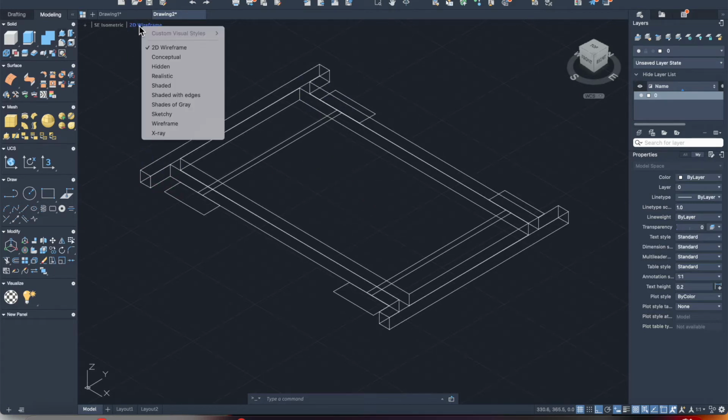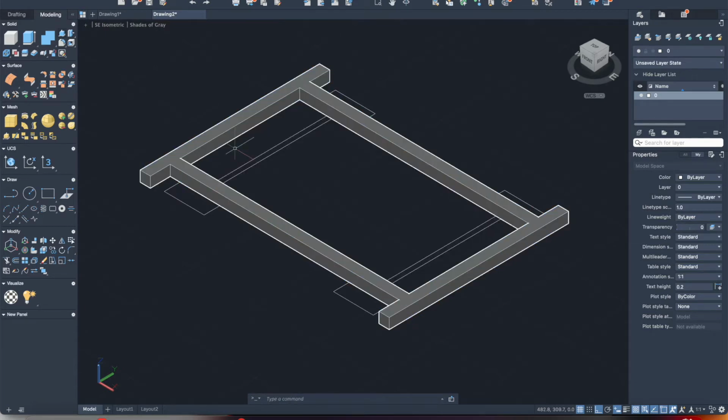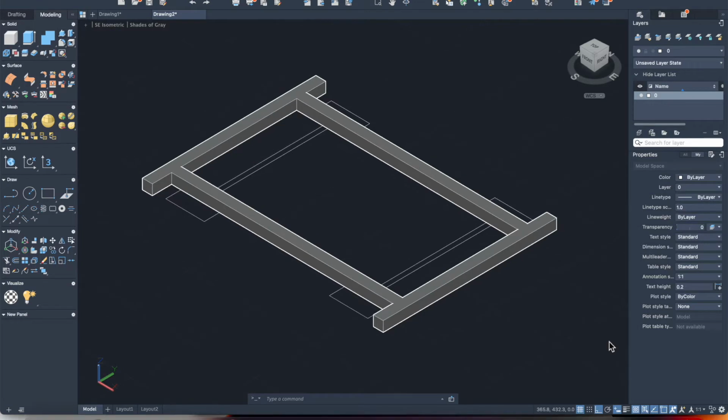And if I turn this to shades of gray, you'll see it's solid in the center, which is not correct. This is actually hollow. So type in subtract or find the icon in your panel. Remember, you select the part you want to keep first, hit enter, and then select the part you want to remove and hit enter. Okay, so now we have the basic frame, and we will move forward with creating the